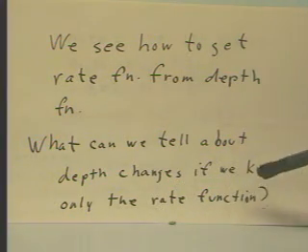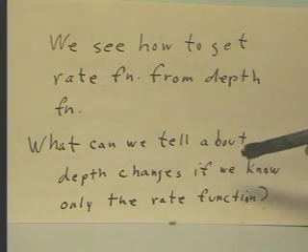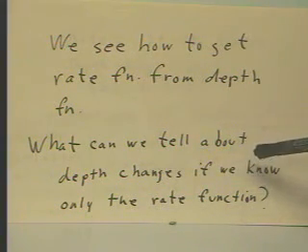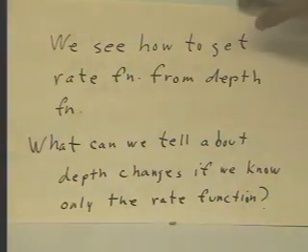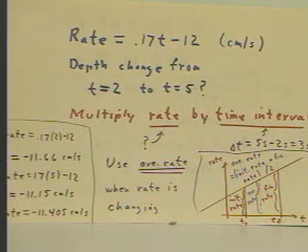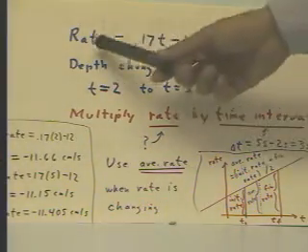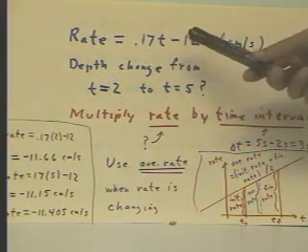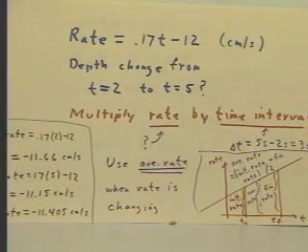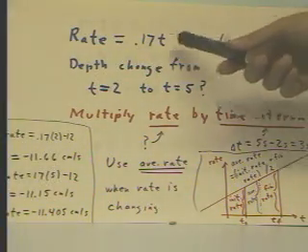If we know at every instant how fast the water level is changing, that should allow us to determine how much water level changes between any two given times. But how are we going to get to that? Let's first consider the situation where the rate is simply 0.17t minus 12. We'll consider that to be a rate in centimeters per second, so that when we have a time t,